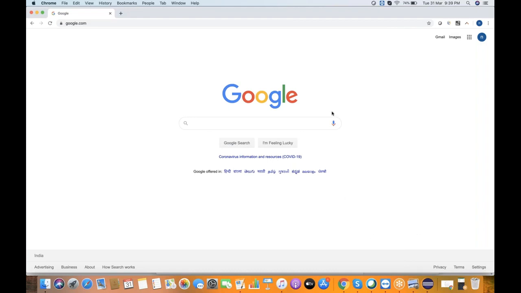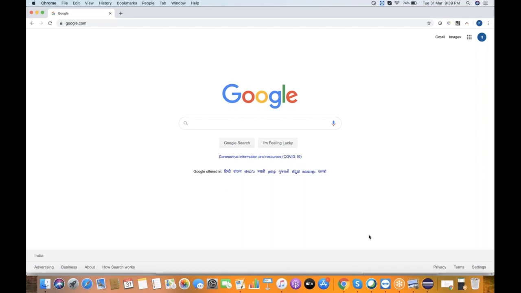Then we'll see advanced topics like what are the frames, what is a window. For example, if we click on some link, it may get open in a different tab or a different window. So in that case, how to handle tabs, how to handle windows. Also, there is something called frames. If one web page is embedded inside another web page, then we call them frames. They use frames to achieve that.